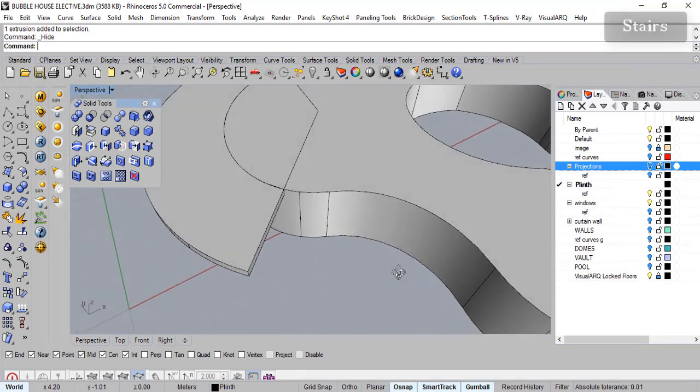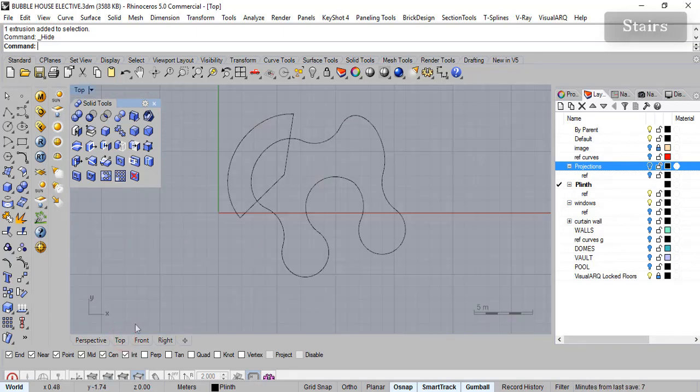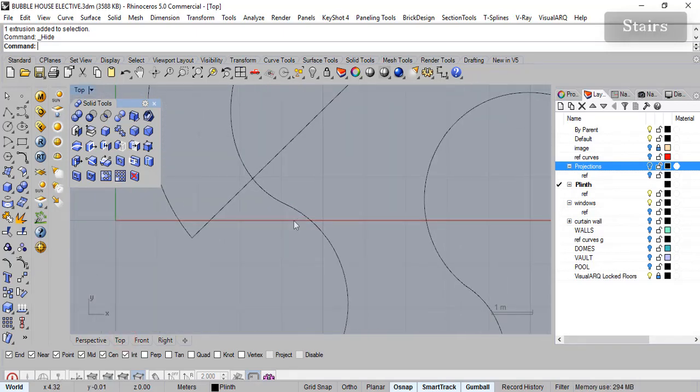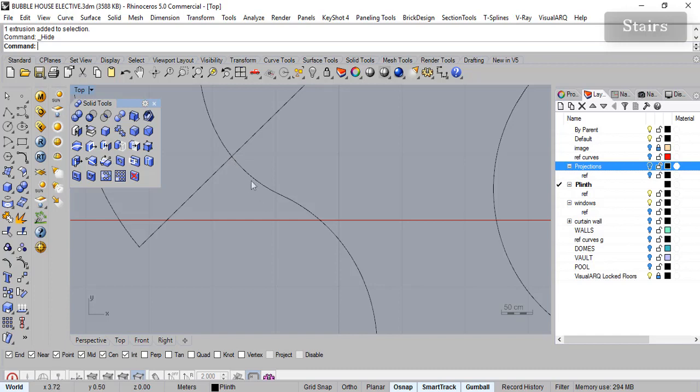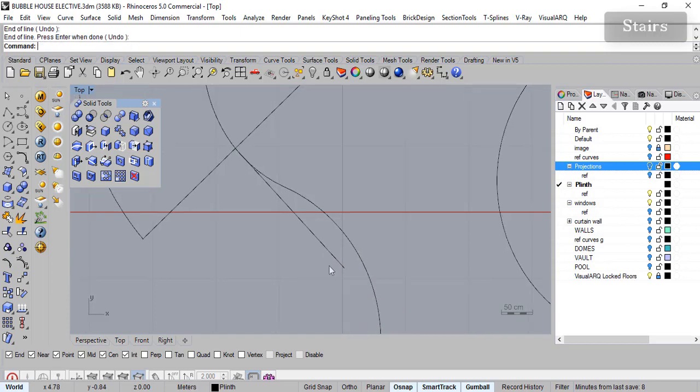So how do we do it? Let's go to the top view, and we want to draw it somewhere here. So what we can do is first draw it along a straight line, and then we can project it on this wall. So I'll just draw a line first from this point to approximately in this orientation. Enter,